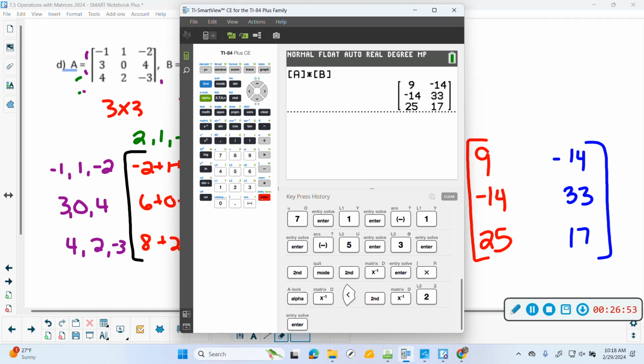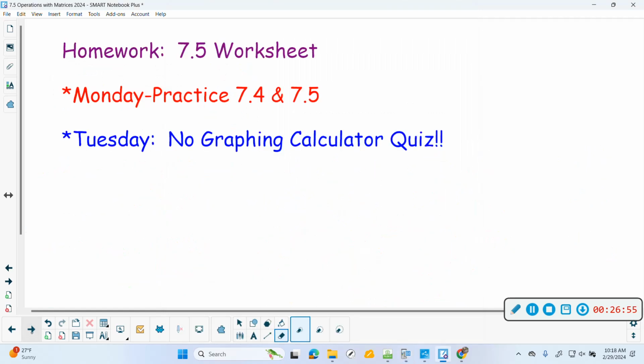Any questions on that? All right, so obviously you got a worksheet for homework, for the 4-day weekend. So when we come back on Tuesday, we're just going to practice some of this stuff, your Gauss-Jordan elimination. This should be Tuesday, Wednesday, kids, Tuesday, Wednesday. Forgot we had Monday off. There we go. And then Wednesday, you'll have your no graphing calculator quiz over Gauss-Jordan and some of this adding,